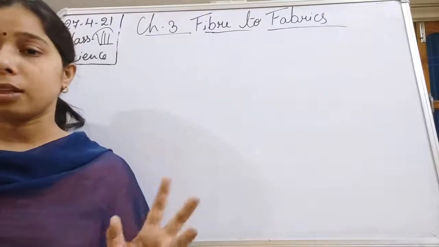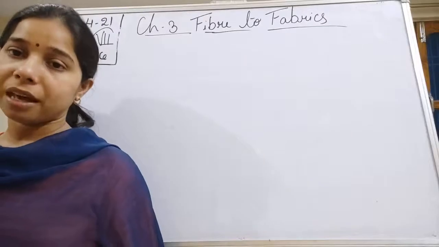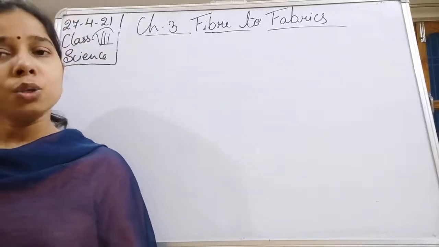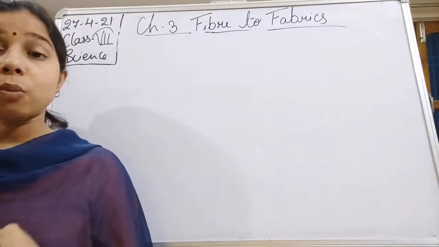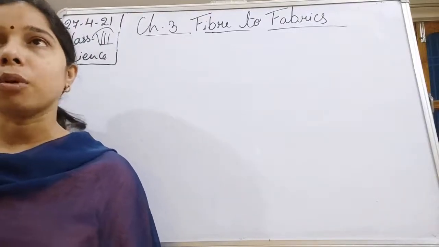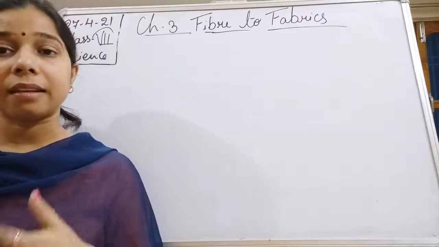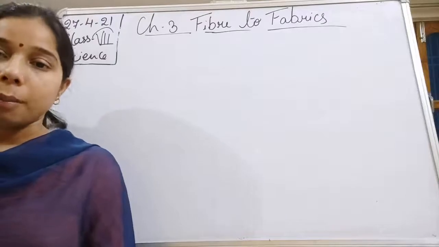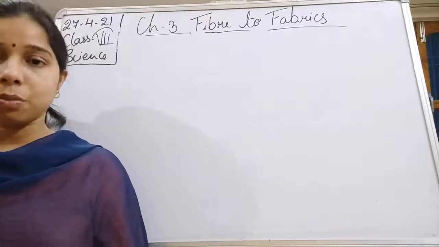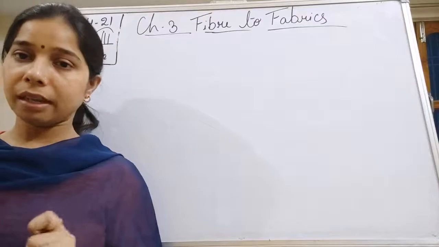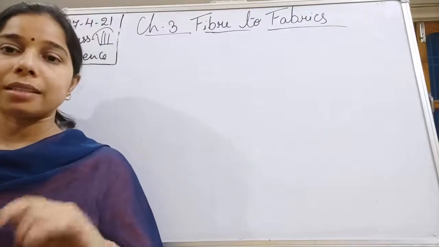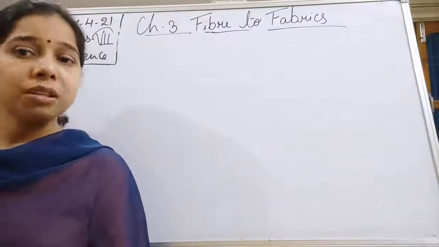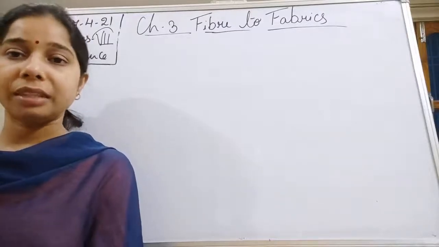Fourth one is dyeing. Basically the color of the hair is creamy white, white or black, so we can provide color to it. Fifth one is combing. It is important that we straighten the entangled hair, so that is combing. And finally, sixth one is what, students? In which we take the fine hair of the wool and spin it together to form yarn, which can be used in the process of weaving and knitting.